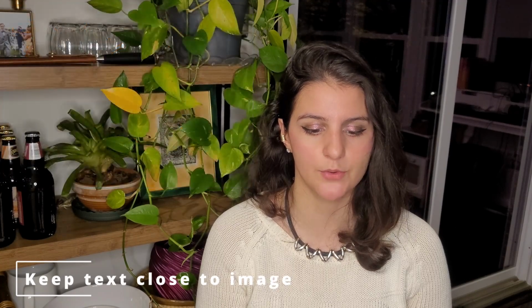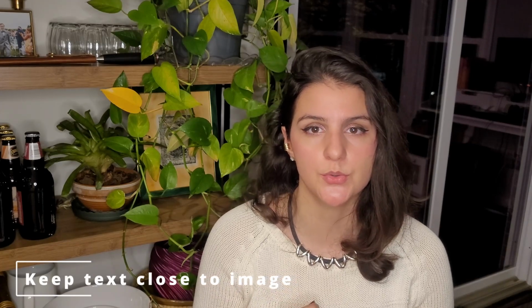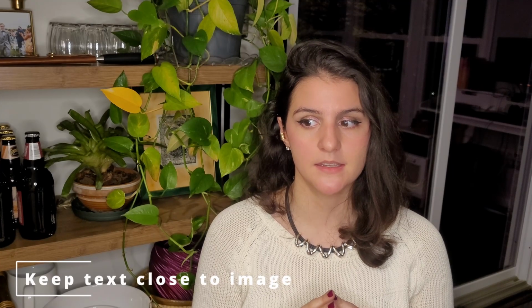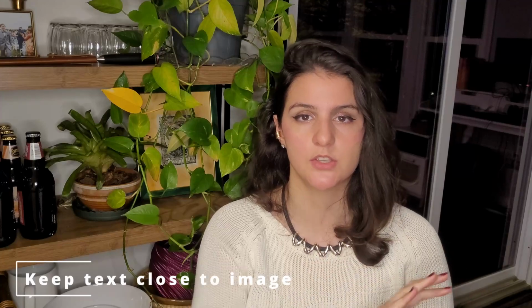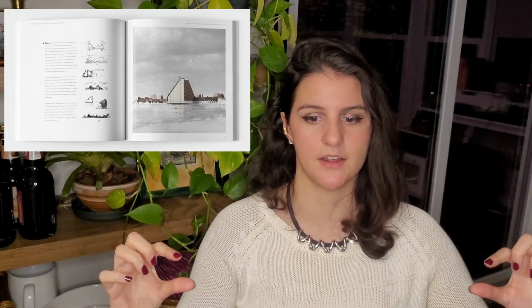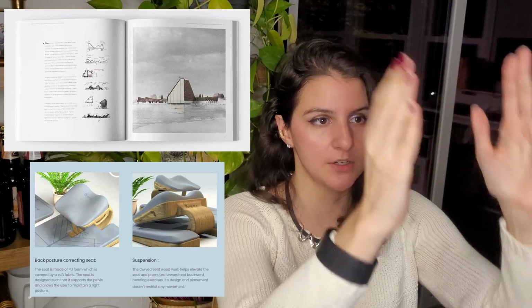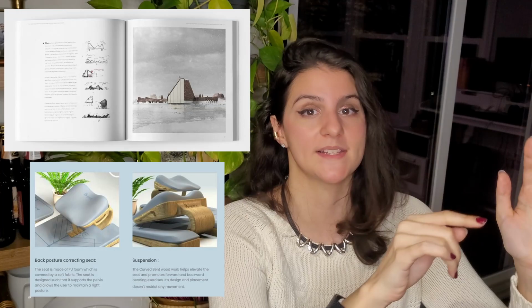And it's going to, for example, call out things like your thought process, the material you used, why you picked one iteration of a design over another. And that text can be really hard to understand unless it's right next to an image. So when you do a layout, don't have the images in one place and the text in another, and the two totally divorced from each other. Just shove the text right in the image, so that all you have to do is look at the picture and move your eyes 2 millimeters to see the text explaining what is happening in the image and